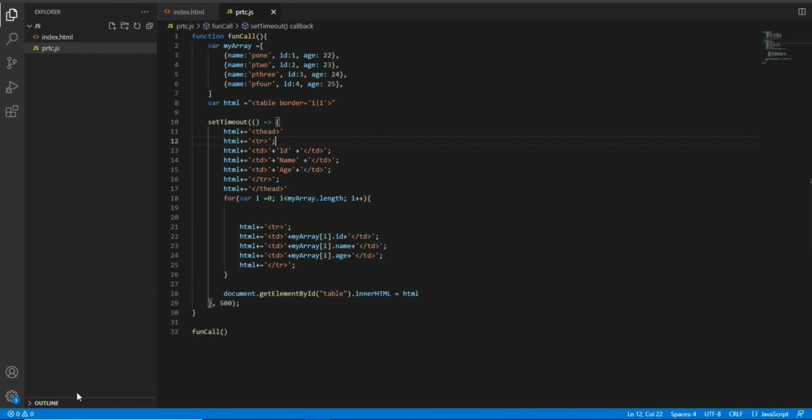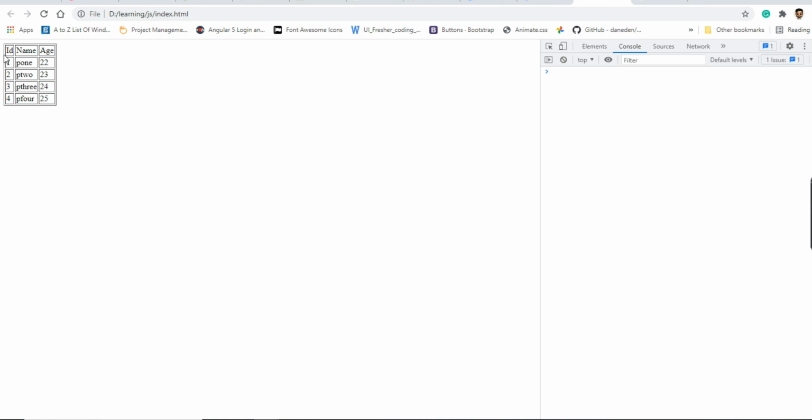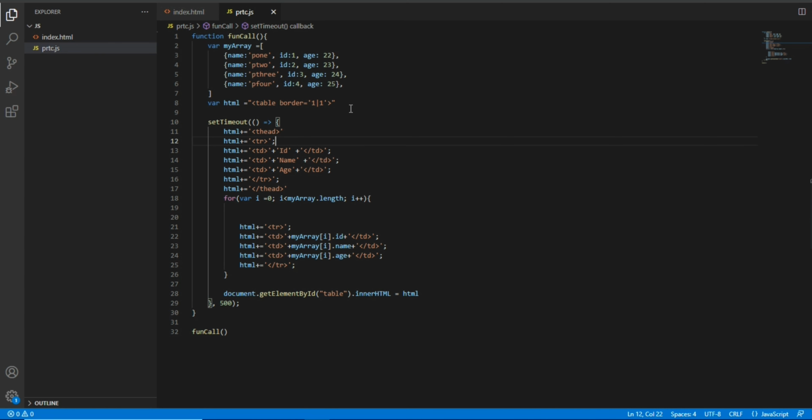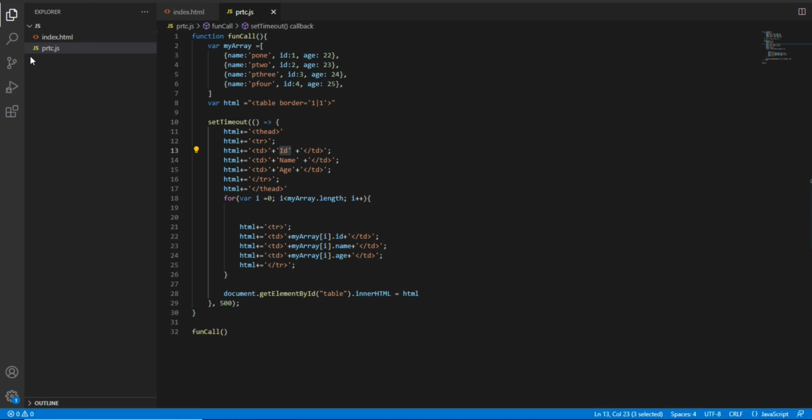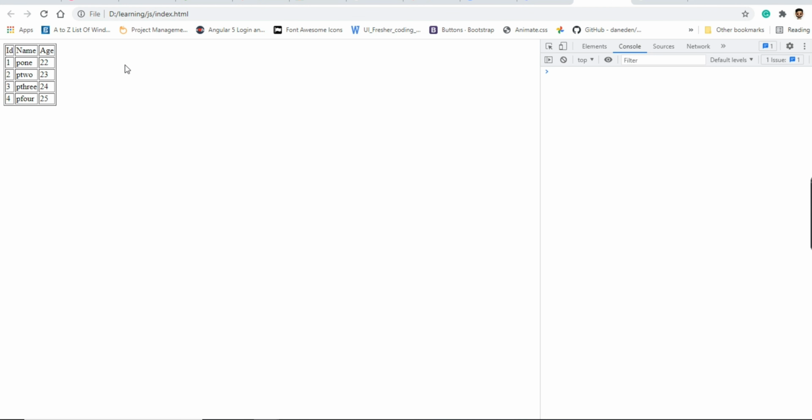By the way, if you want to add a heading like id, name, age, in the same way we need to give the HTML head with the closing tag, and inside that a tr, with tds containing the names.